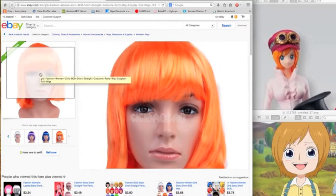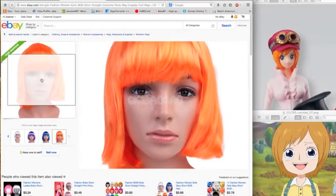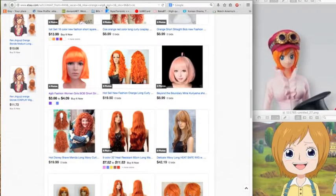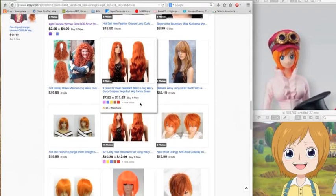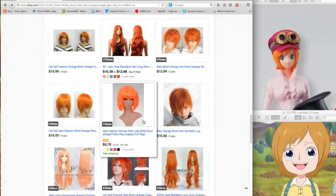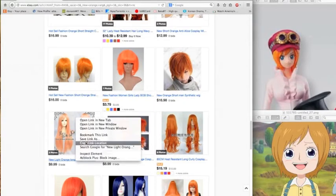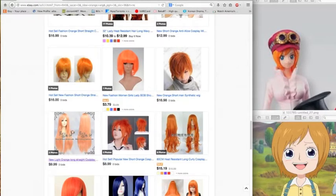These type of wigs are usually very light, and they're not very good either. They're usually like neon and very, very shiny. The material is plasticky, and I mean they're all plastic, but some are just better than others, I guess. And these are actually pretty good too. Like these look good. I mean, this is not the wig I want, but